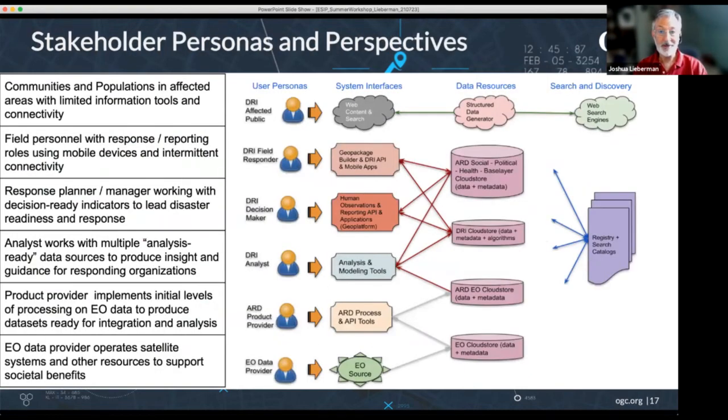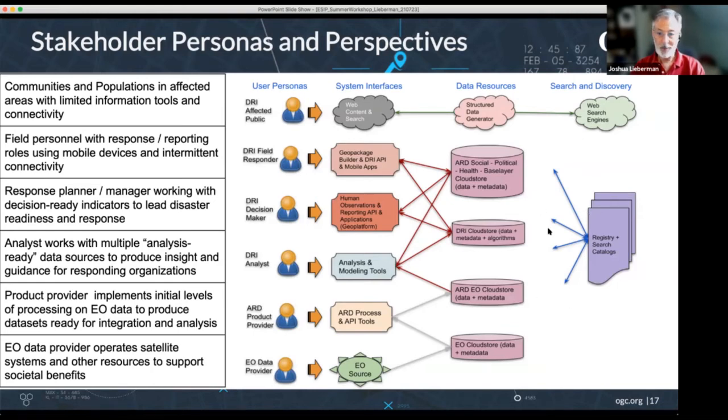The other thing that we're trying to focus on is who is involved, and this is going back to, we're trying to move beyond simply clients and servers and ask who are the people that are involved in interacting with those systems. And so we have a range of 6 personas. There is on the one end data providers, product providers, analysts, and then on the other side, decision makers, responders, and the affected public. And so we want to think about what aspects of this ecosystem they are going to interact with and what their concerns are in terms of working with data,